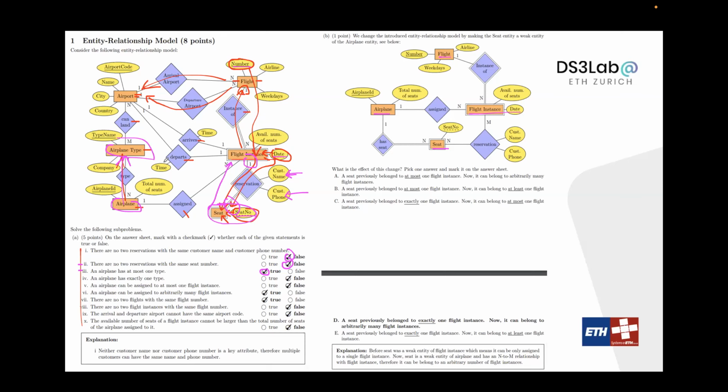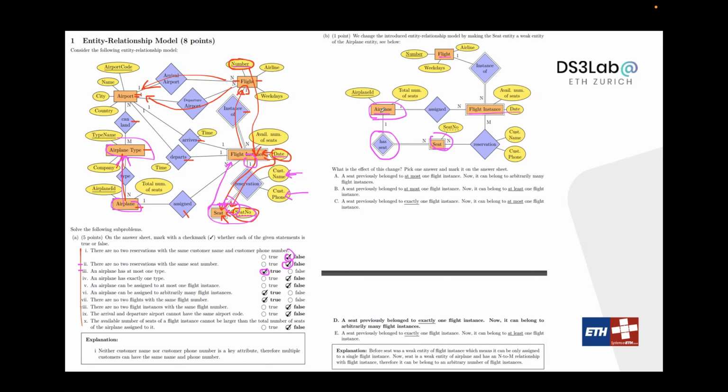Okay, yeah. So the only change compared with the left-hand side is that now I have the new relationship has seat. So this weak entity, seat, now has as its strong entity the airplane instead of the flight instance. The reservation on the left-hand side is a weak relation connecting the seat with flight instance. Now this weak entity is connected by the has seat weak relation with the airplane, not with flight instance. So because of that change,